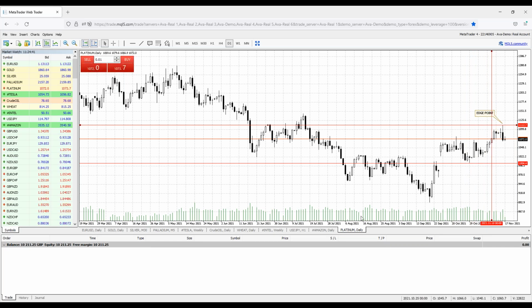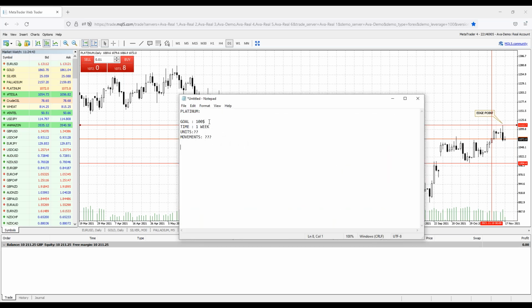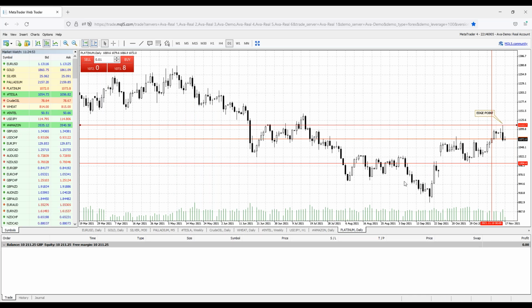And if I would like to make $100, okay, and I'm expecting a movement of let's say $50, I want to know that platinum is capable of moving $50. How can I know if it's capable? Maybe it's gonna move $1 tomorrow. How can I know? Because of the candles. This is exactly the reason that I've asked my experienced guys, why do we need candlesticks,